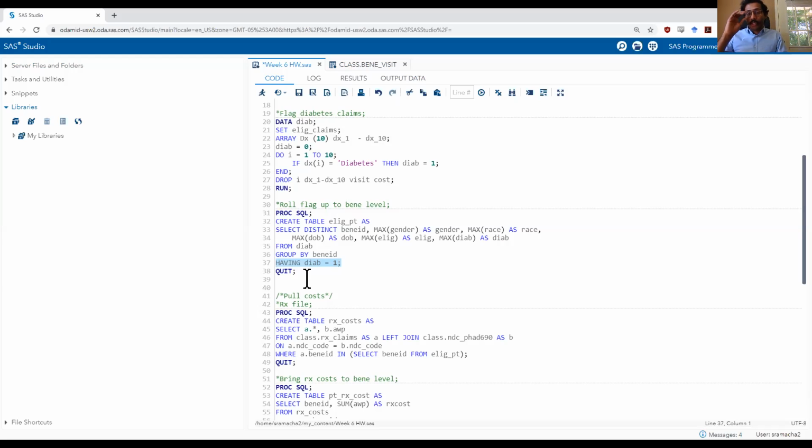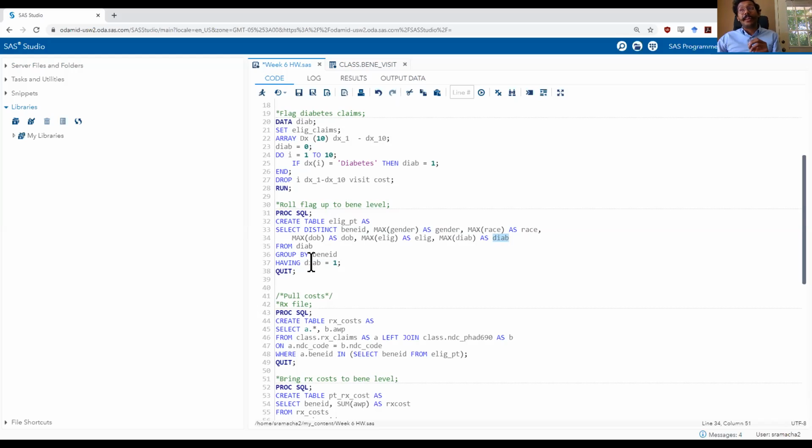What the having statement is doing here is actually the same exact thing as a where statement. If you remember in Proc SQL, the where statement says basically only hold on to those rows where a certain condition is met. The having statement does the same exact thing as where, but the reason why I have to use having instead of where here is because the condition in my having statement uses a variable that is a part of a summary function. Okay? Because I am creating a new variable DIAB, even though it has the same name as the old variable, this new variable is the variable that is being input into my having statement. Because of that reason, I have to use having, not where. Right?